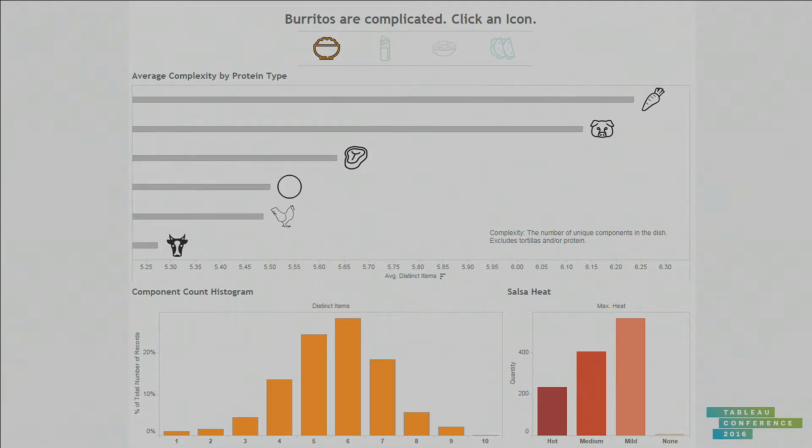This is compelling. It starts with a question, saying choose the type of meal you want for your Chipotle order: the burrito bowl, the burrito, the salad. It talks about how frequently the different proteins are selected. It's interactive, it's engaging, and then shows how many ingredients individuals put in there and how hot